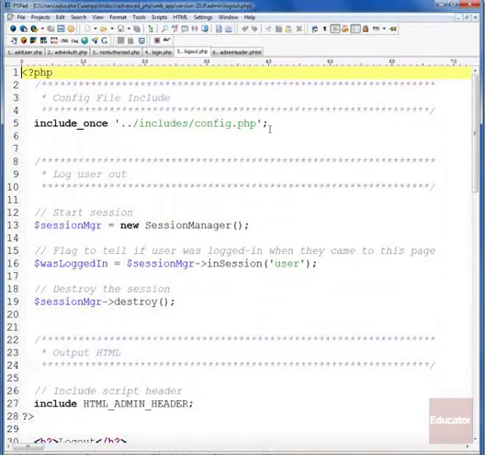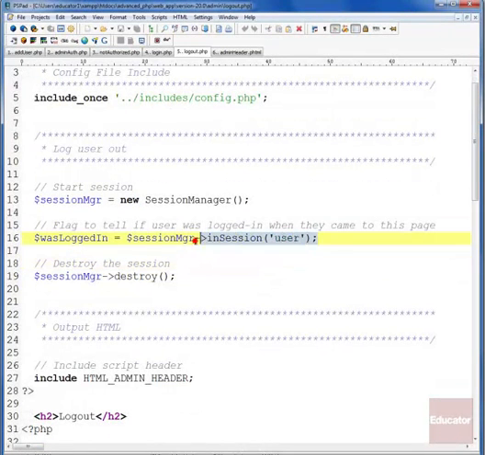And as we learned in our last lesson, the way to have an authenticated user log out is to simply end the session. So all we do in this script is continue the session by creating our session manager object. We again check to see if the user is already logged in, basically for some error checking, in case a user came to this page unintentionally. And then the key thing we do is call the destroy method on